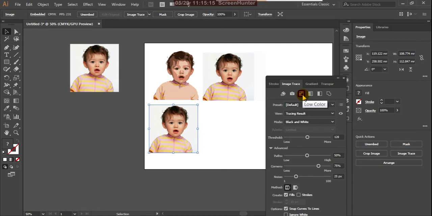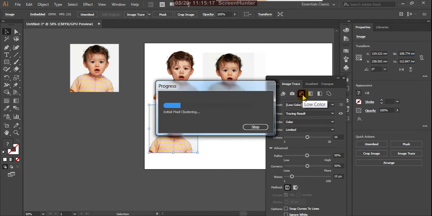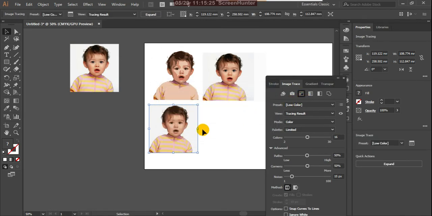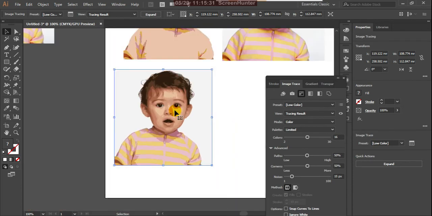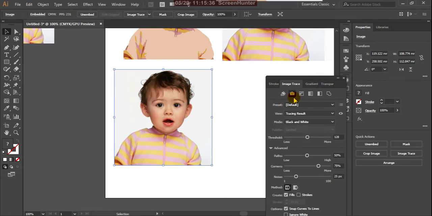In the low color, if you observe this, see, it is giving patches, looks like patches, because it is low color. Okay, and suppose Control Z. Now apply this, and this is grayscale.